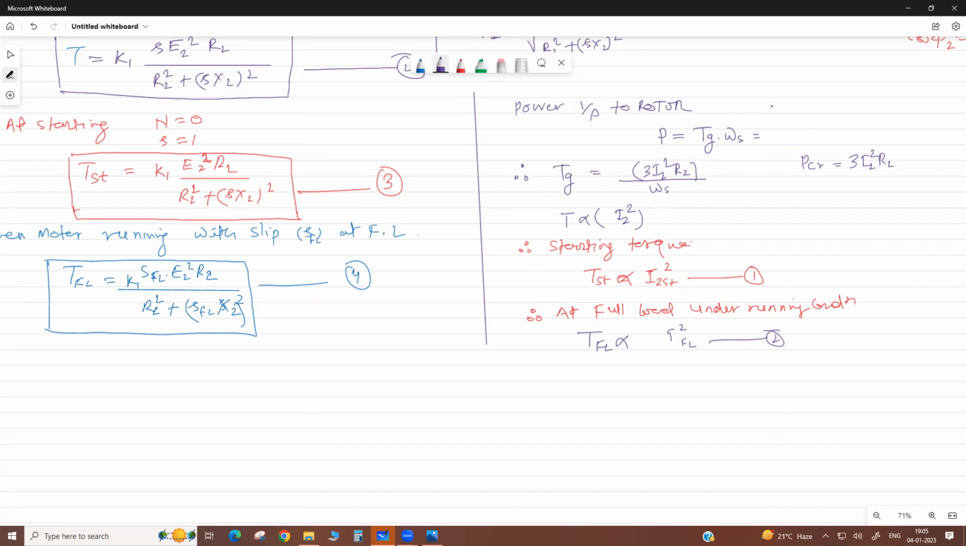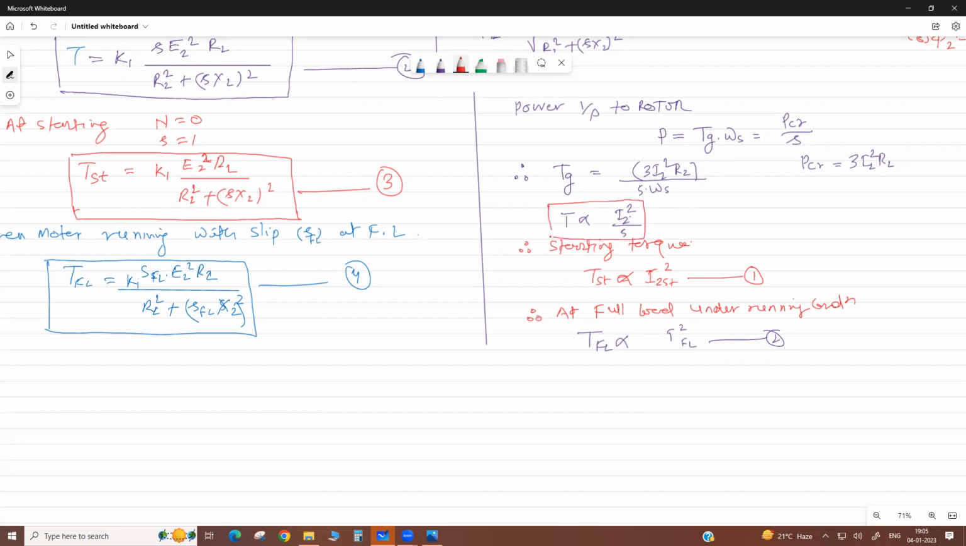Okay, actually this is PCR by slip. Then it means it is multiplied by slip. Then we can write torque by this by slip. This is the equation. Please correct it, sorry: I2 square by slip. This torque is directly proportional to